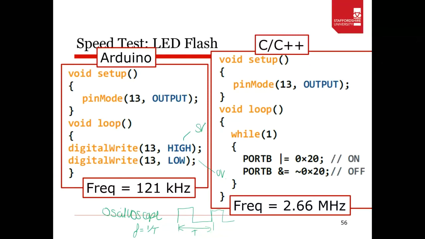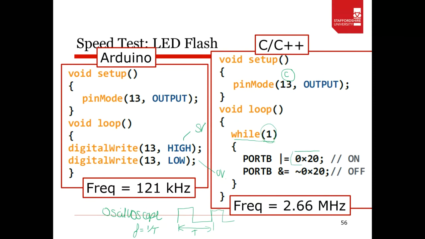So pin 13 is output, and I've left it as pin 13 as output here. I can change this and write it in C, and I'll show you how to do it at a later date. So rather than using void loop and digital write, just using while one, so forever, we set port B or equals,